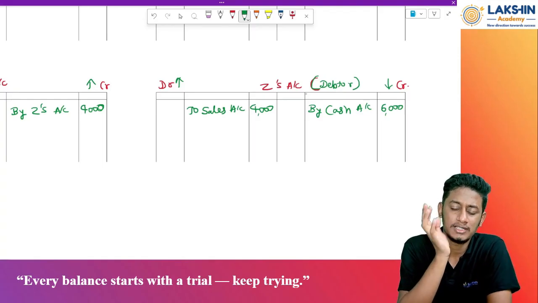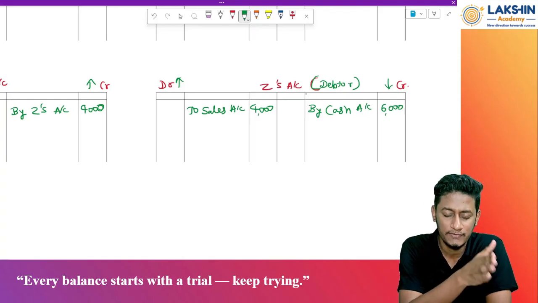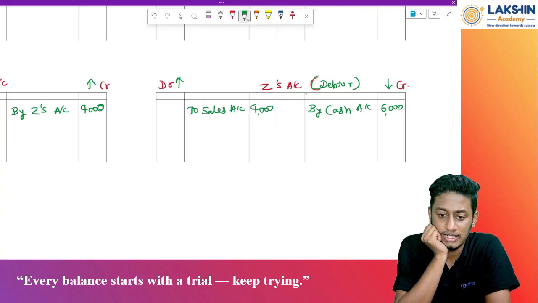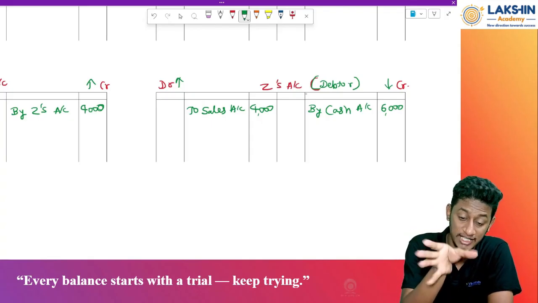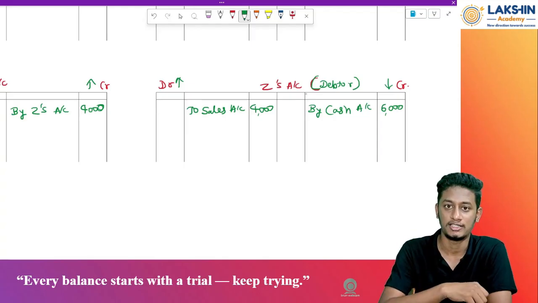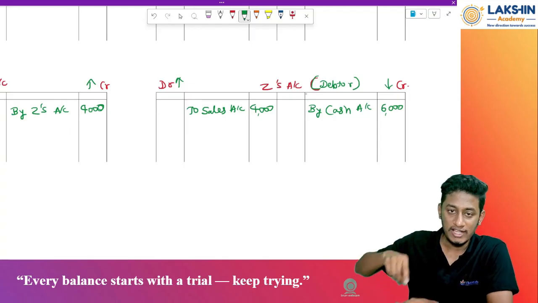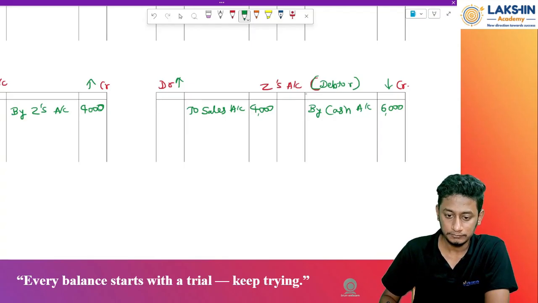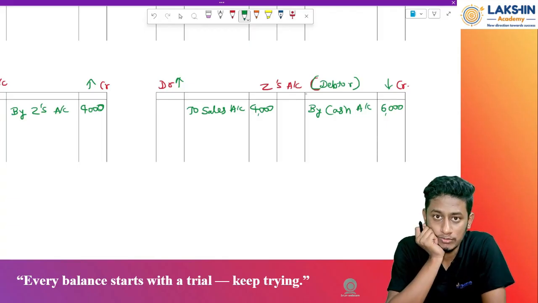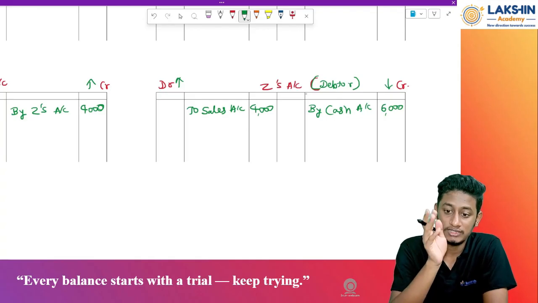For now, let us stop till here. Let us take a break from the entries and look at the ledger first. Let us understand what it is saying to us. What does it want to say to us? Let us see what the balancing figure is: is my credit more or my debit more? My credit side is more, right? So therefore this means that